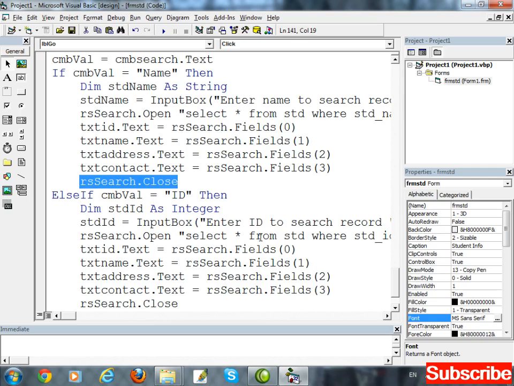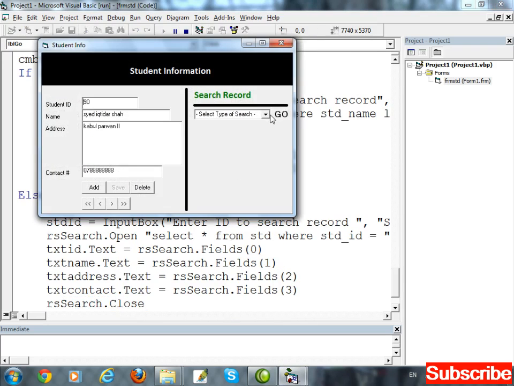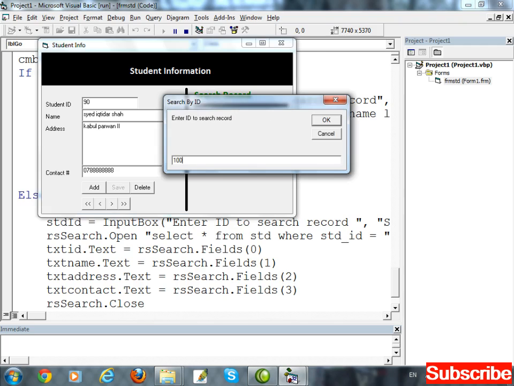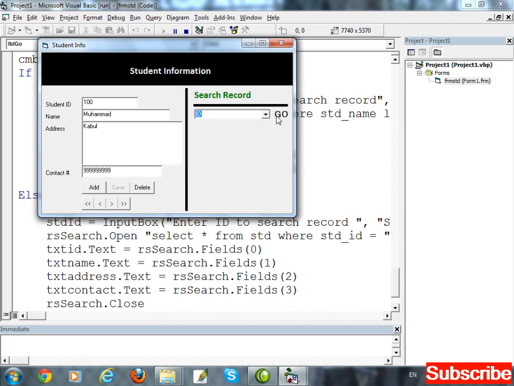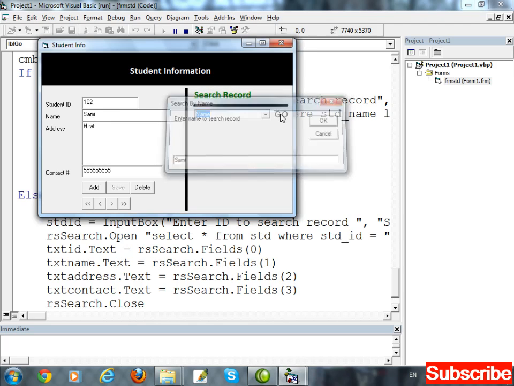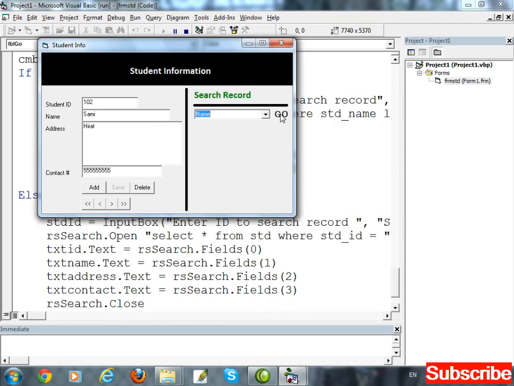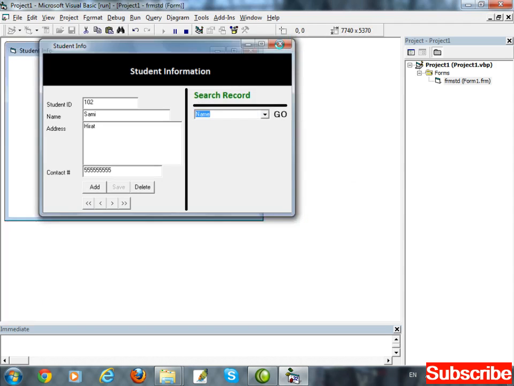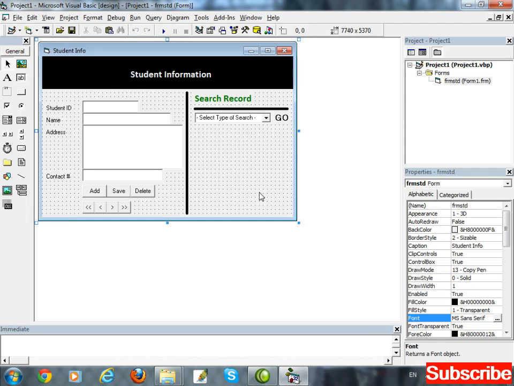Also we have closed here and at the end, in the second block also. Start. Search by ID. Search by name. Clear? Yes. Okay.